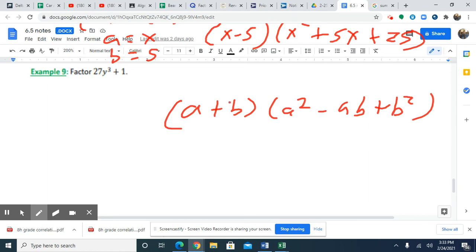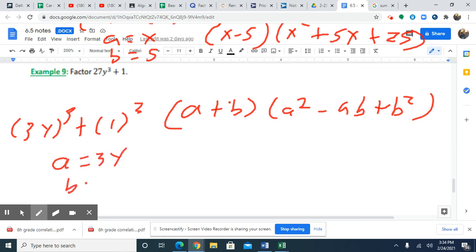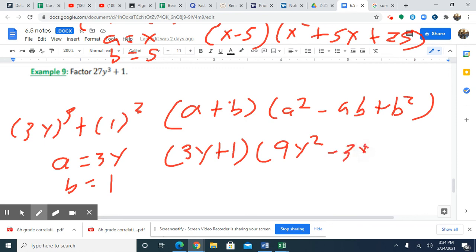So if we rewrite 27y cubed as a power of 3, we would say that that's 3y to the power of 3. And then we can write 1 as 1 to the power of 3, because 1 times 1 times 1 is still 1. So a is equal to 3y, b is equal to 1. So we're going to have a plus b, which is 3y plus 1, a squared, which is 9y squared, ab, which is 3y times 1, which is just 3y, and b squared, which is 1 squared, equal to